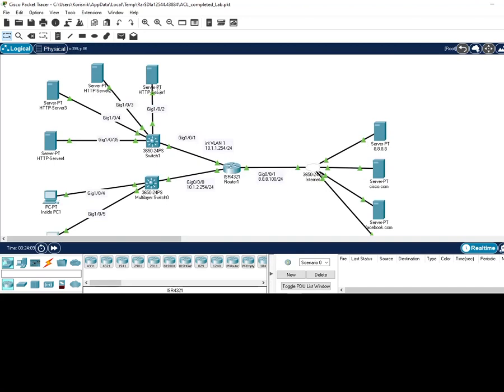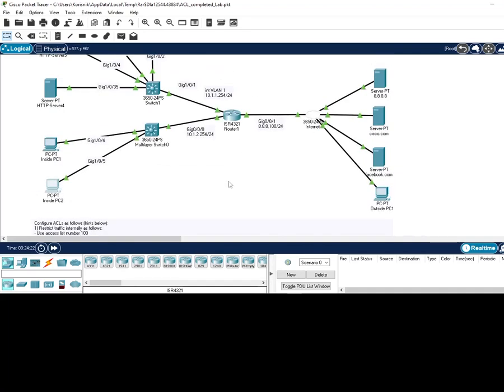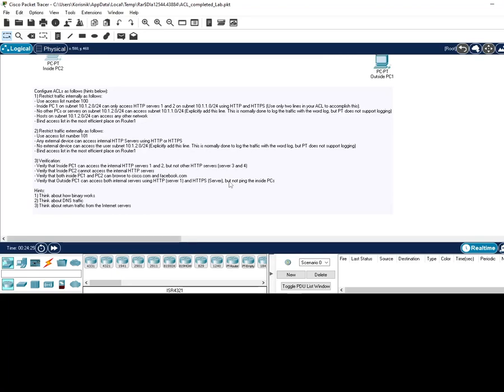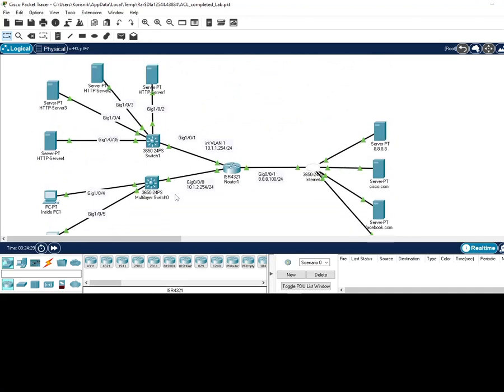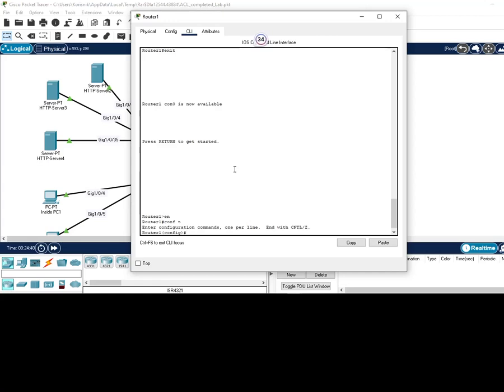All right, the second one: any external device can access the internal HTTP service using HTTP. So the communication from here through the router to here is okay through HTTP and HTTPS, and no external device can access the user subnet, so it's not allowed to go there. Okay, and at the end we will need to verify some of the communication. So we will go to Router 1, go to enable mode, then configuration mode, and